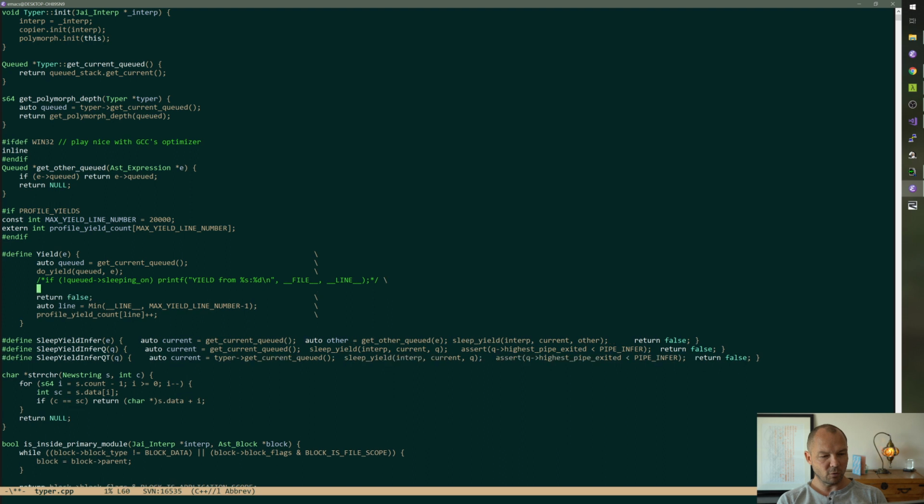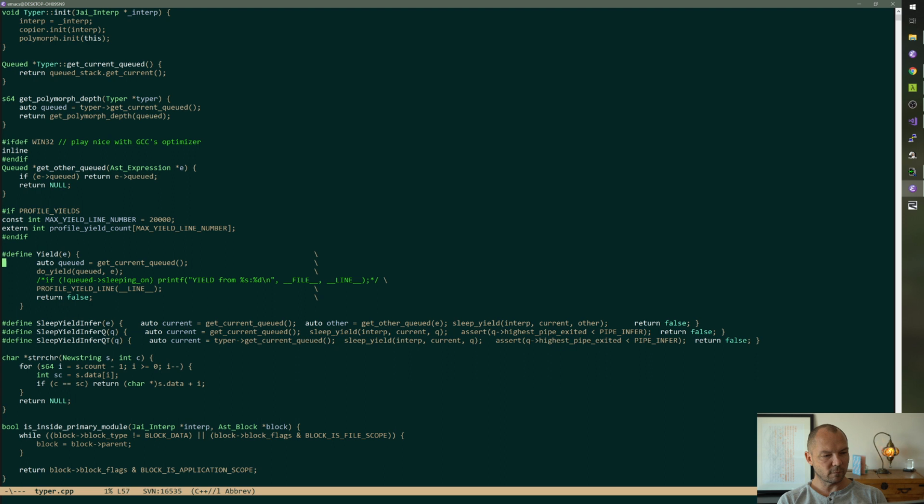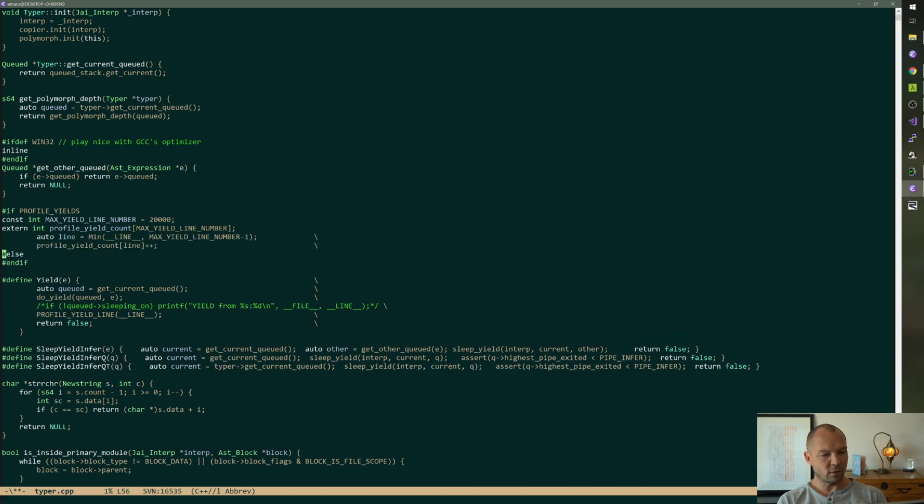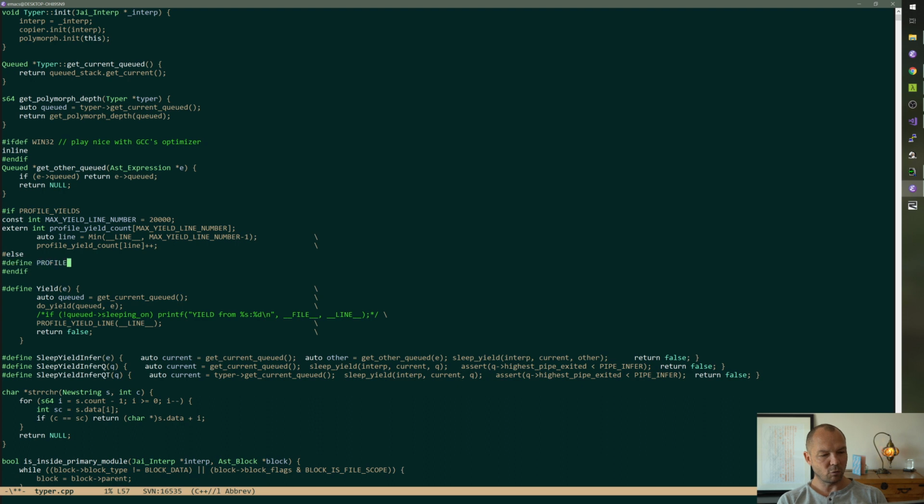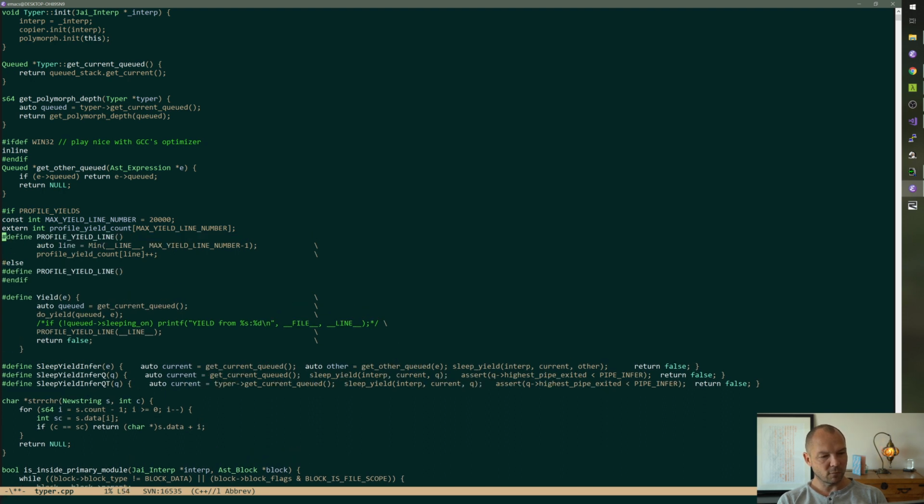That shouldn't go after the return anyway. Profile yield line. All right. So else, right, we go define profile yield line, line.